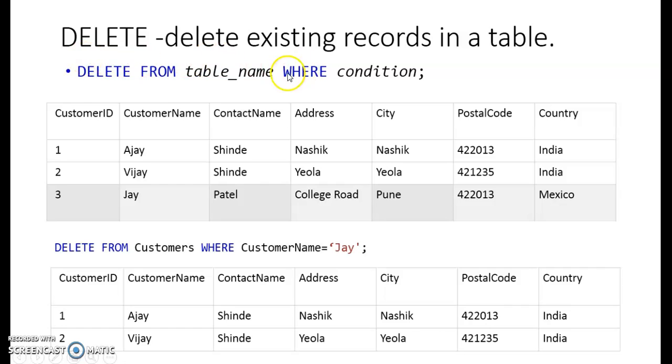Now next statement is the delete statement. It is used to delete the existing record. For that the syntax is delete from table name where condition. So this is our table customer. Again we are referring to the same table and we are performing delete from customer where customer name is equal to Jay. Now if we search for Jay, the customer name is for record number 3. Now after the execution of the following statement, that is the delete statement, there will be only 2 records present in your table. Okay, so this is how you can perform the delete operation for our table.